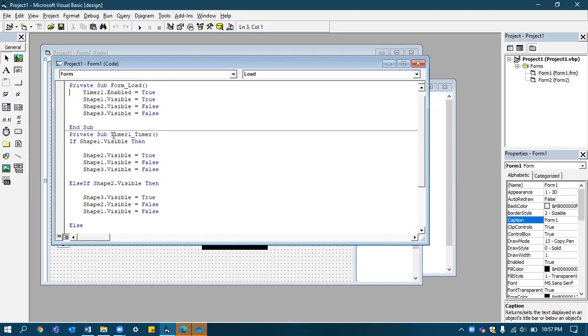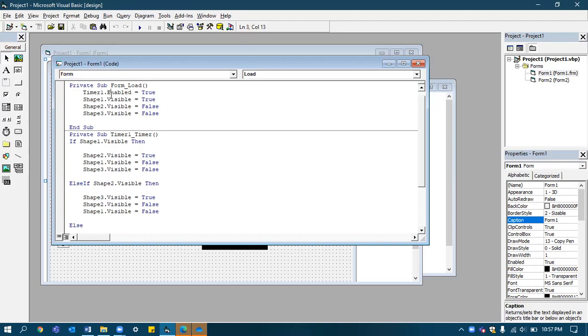Next is private sub timer 1 underscore timer event. You need to write: if shape 1 dot visible, then shape 2 dot visible is true. That means after 3000 interval, if shape 1 is visible, it should shift: shape 2 should be visible, and shape 1 and shape 3 become invisible, so you make them false. In the same way, if shape 2 is visible for the 3000 interval, then shape 3 will become visible and the other 2 will become invisible.